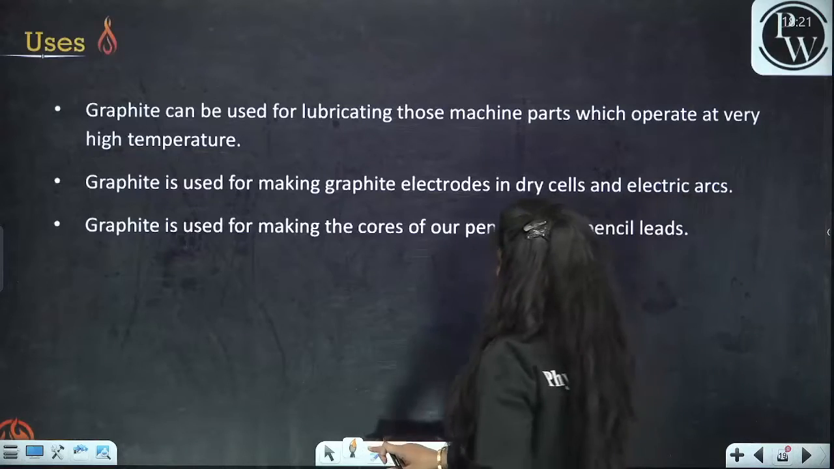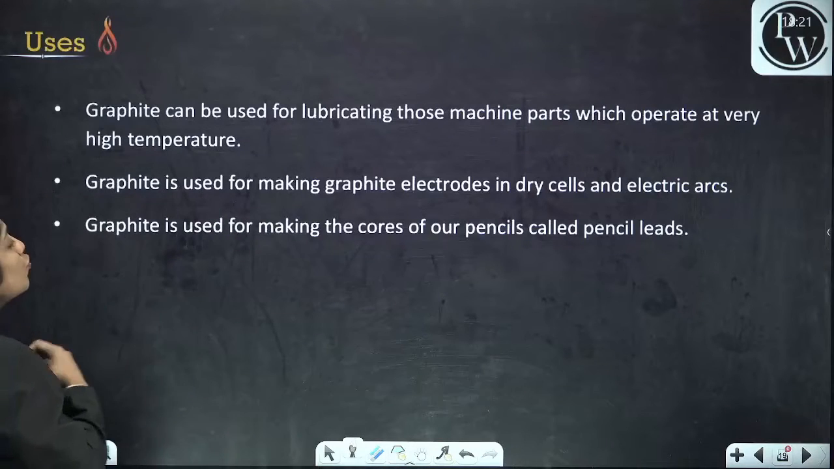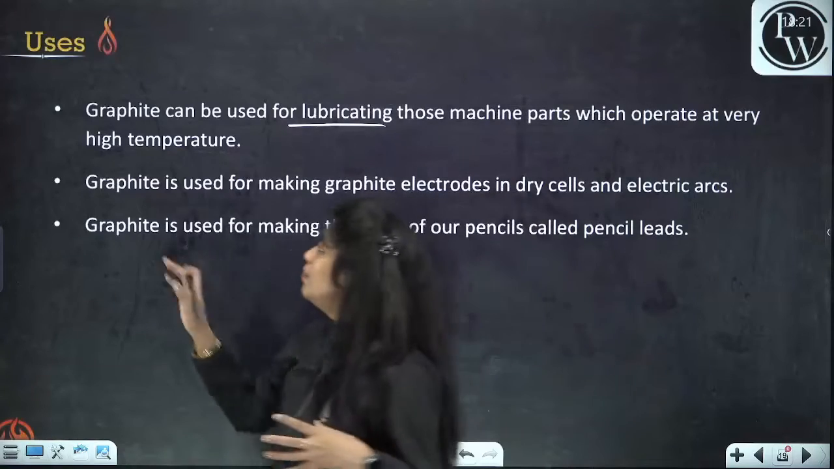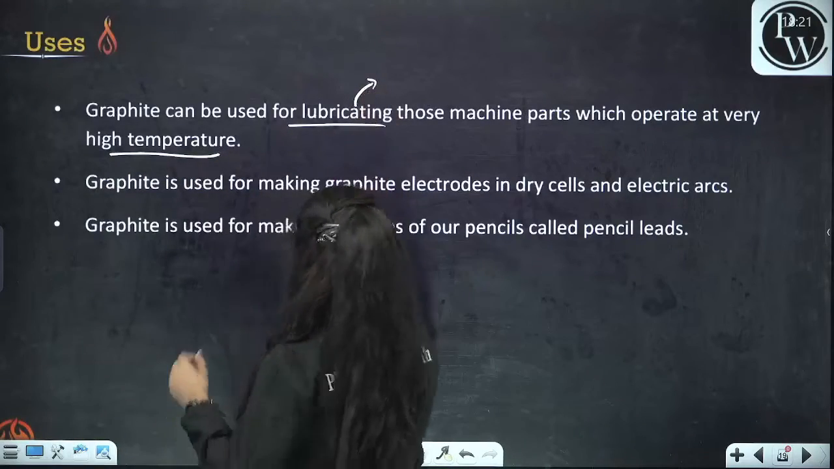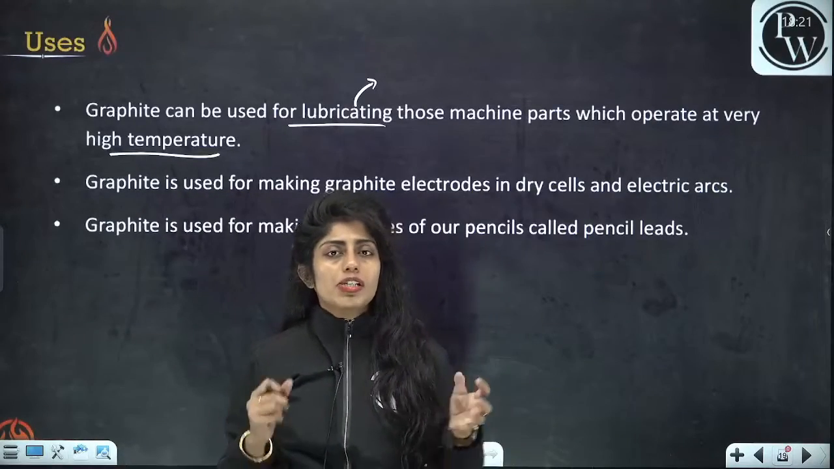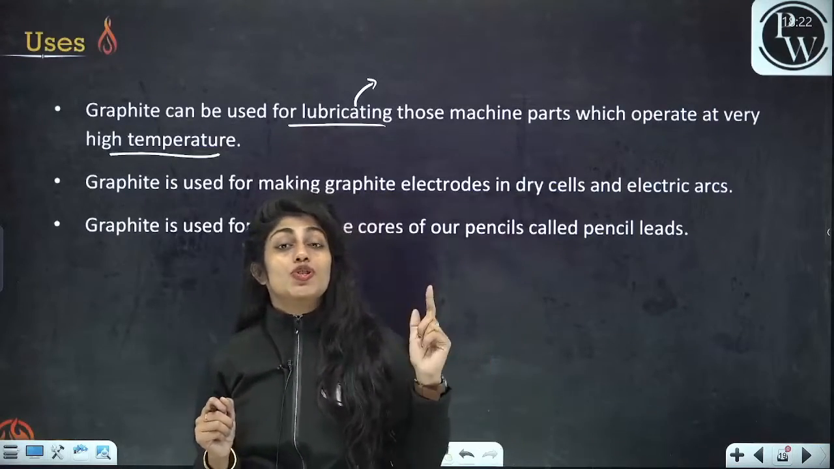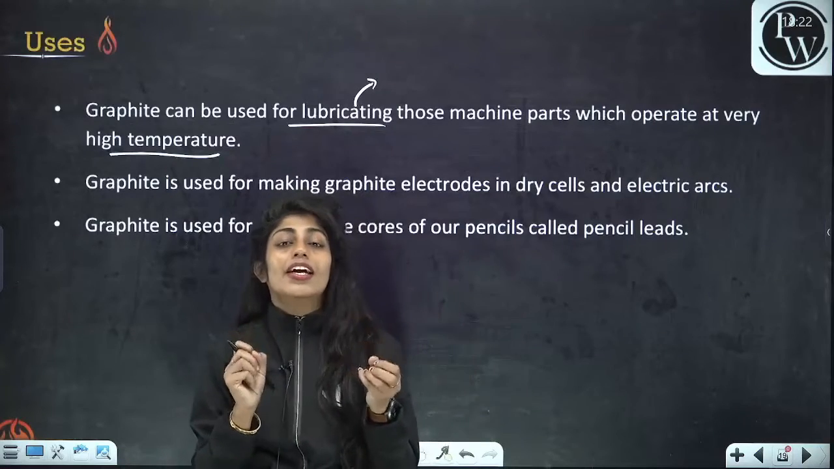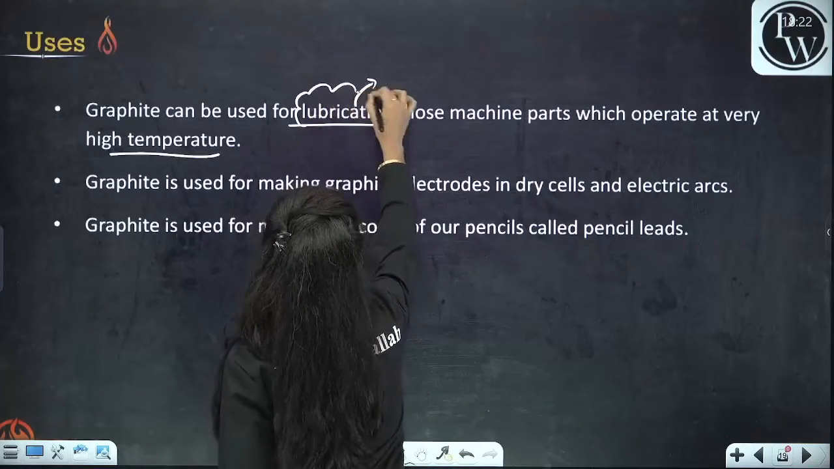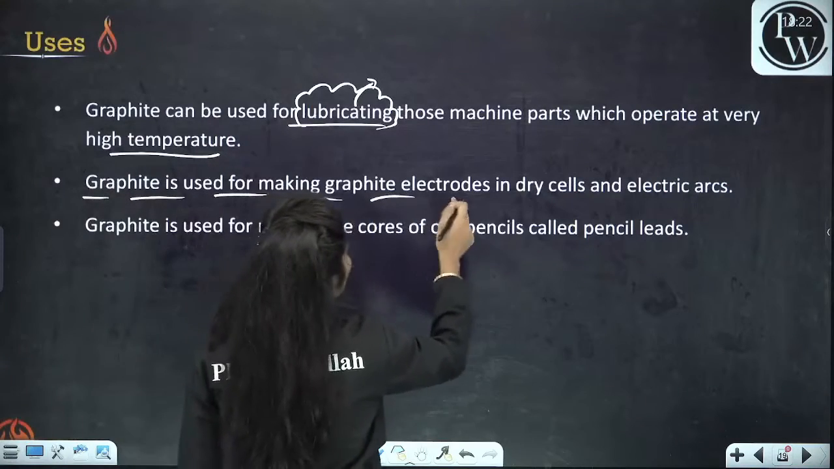Now uses, where we are using the graphite. So basically very first use, you can clearly see that graphite can be used for lubrication. Lubricating those machine parts which are operating at high temperature. So why lubrication? Lubrication is something like oiling or greasing huge machines. Because they are working and they get jammed. So basically we are oiling them. Because the graphite has a slippery or soft touch, it can provide you the lubrication. Done? So we are using it as a lubricating agent,